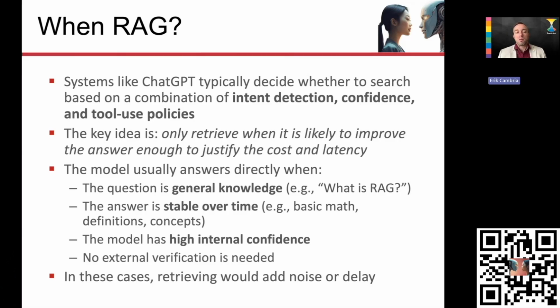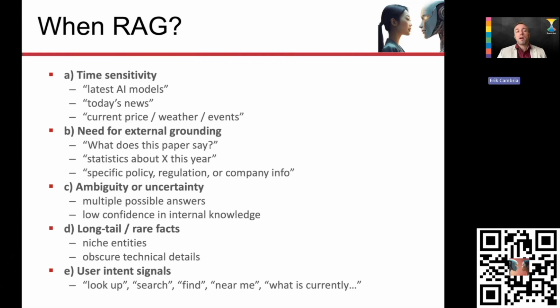So RAG is slightly more complicated, but still a similar concept. I don't always use RAG. I use it when I know that the query requires me to access this more up-to-date vector database, when the query is about something that is time sensitive, when some external grounding is required, when the query is a bit ambiguous, or when it's a bit rare, like when the system realizes that it doesn't have enough training data to answer this question, then RAG is a good alternative, and also depends on the kind of wording that the user